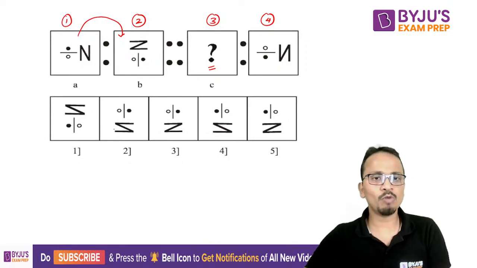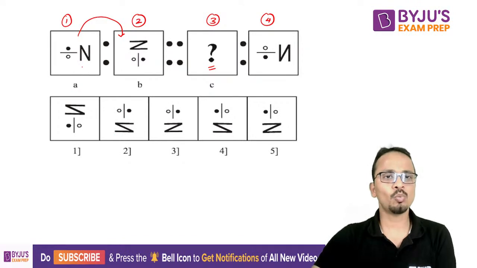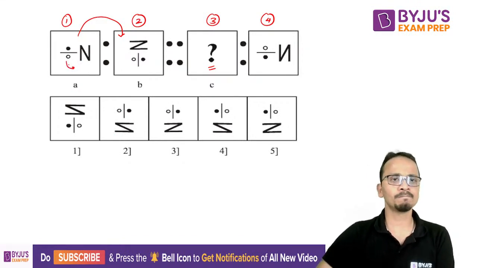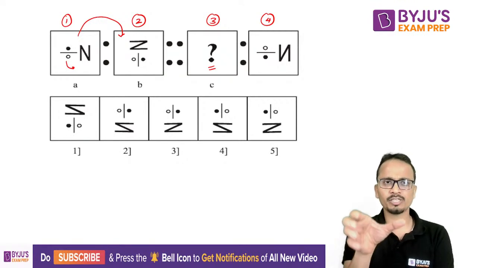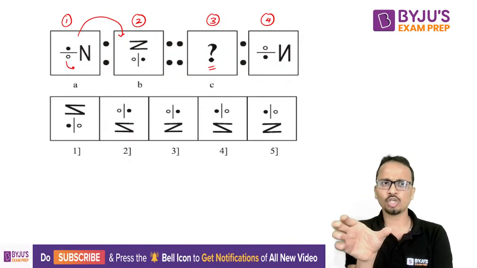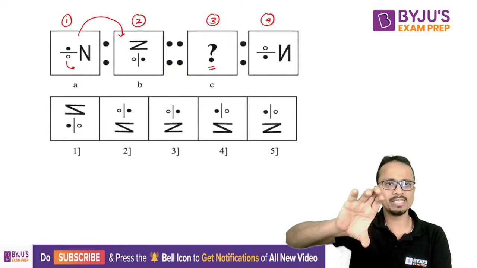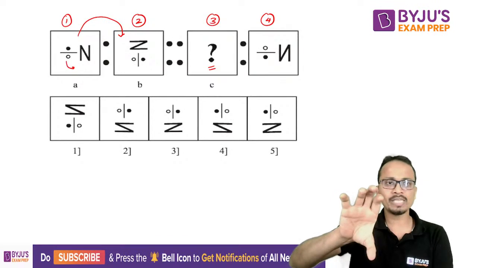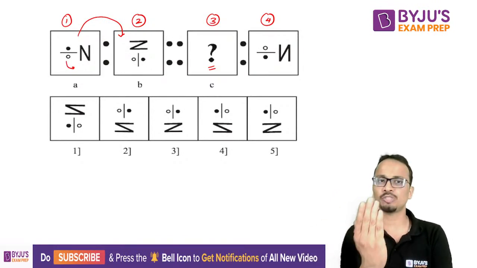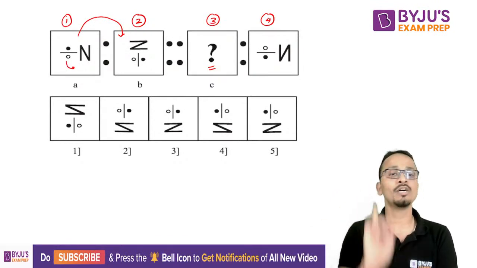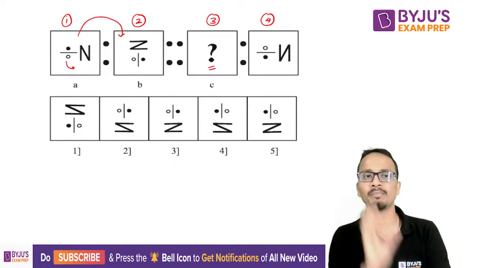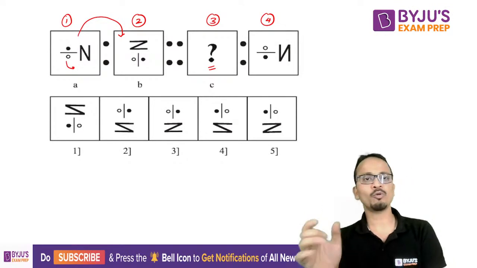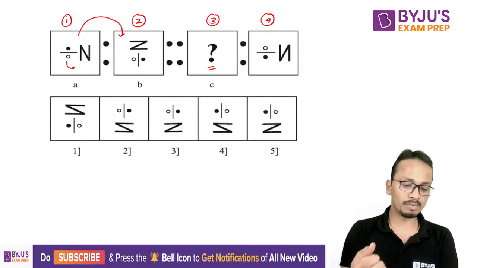Okay, now let's move on to this one solution. So what has happened here? So this figure has come here. First of all, I can see that the first figure is rotated anti-clockwise and then mirror image. So anti-clockwise हो गया and फिर उसका mirror image बना दिया. This is what has happened from figure number 1 to figure number 2. Okay, so from figure number 3 to figure number 4 यही होना चाहिए,